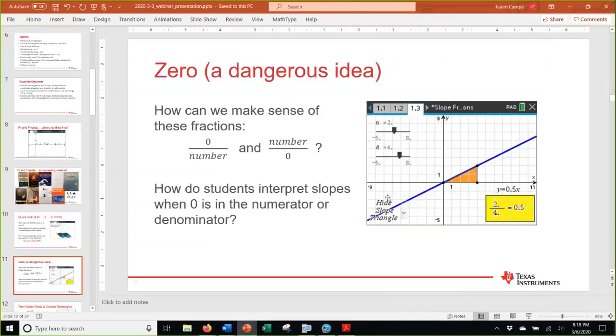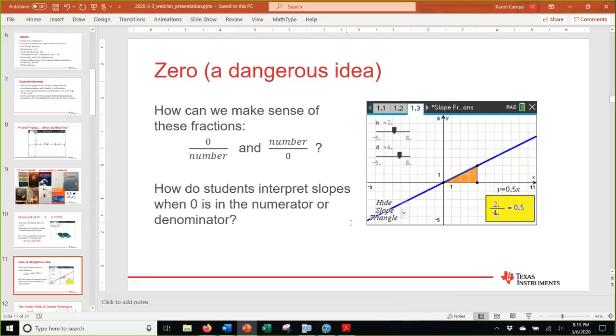Let's take a look at 0. 0 originally was developed by the Babylonians in the 2nd century BC because they had a base 60 counting system with different symbols, and they needed something to designate which column a symbol was in, because the same symbol had different meanings depending on which column it was in, and that's where 0 came from. This is much like how we now use 0 to hold our place value. The number 1, for example, if it's in the tens place and there's a 0 following it, counts for 10 as opposed to 1 unit.